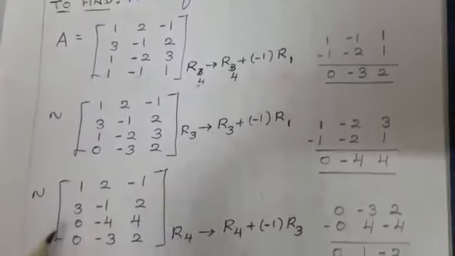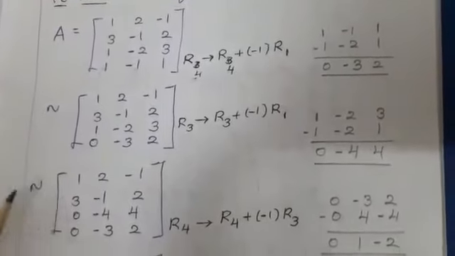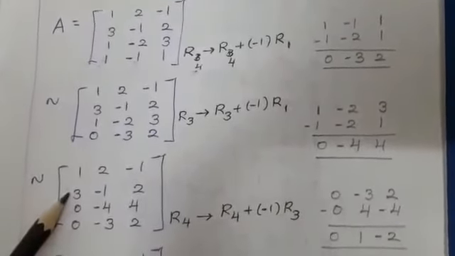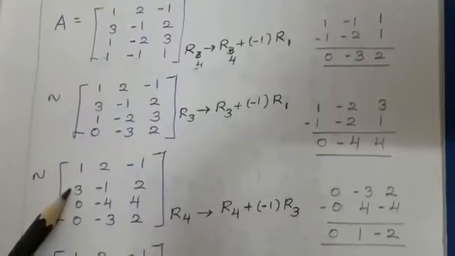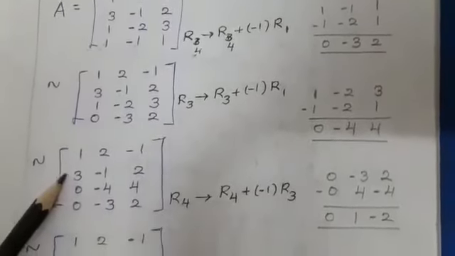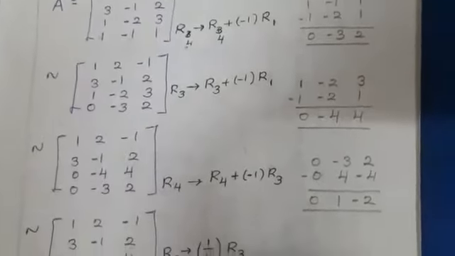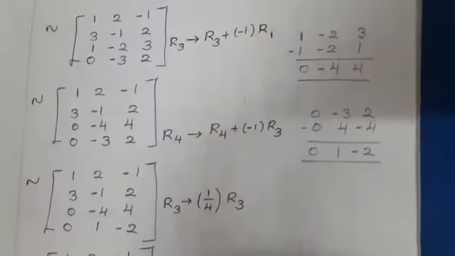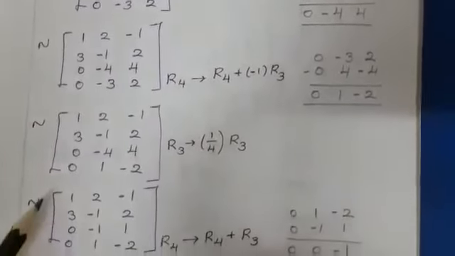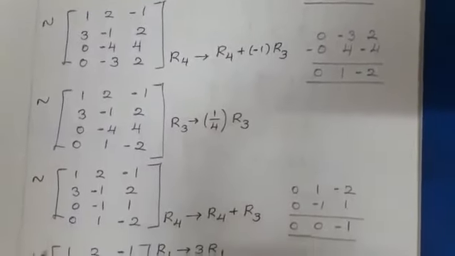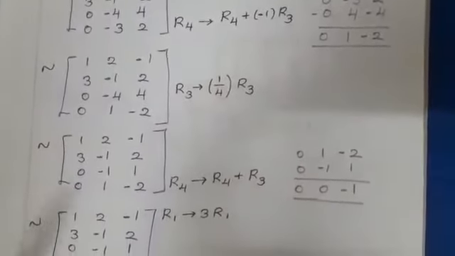Just see the calculation how I have done. I am bringing the value as 0. Next one, second row first element 3. Apply the concept. I am getting the value as 0. It may go 2 or 3 steps. It depends upon the calculation how you are doing, students. Second row first element, I am making it as 0. So just see the calculation. At last I am bringing it into the triangular form.